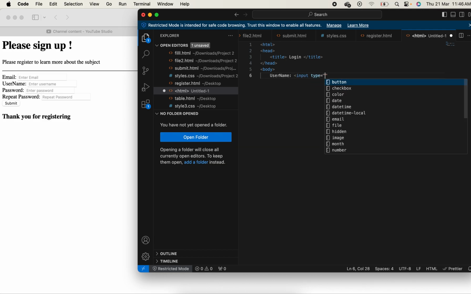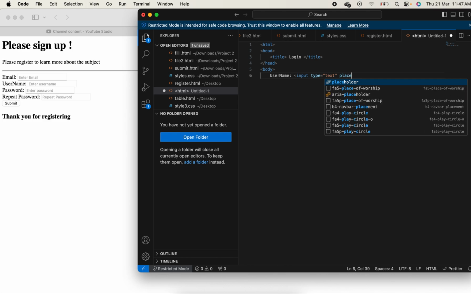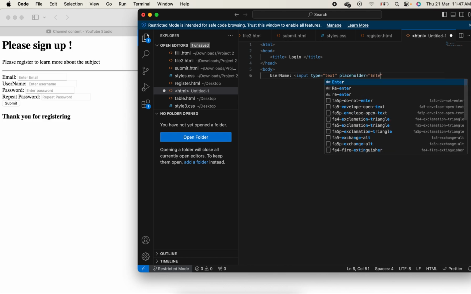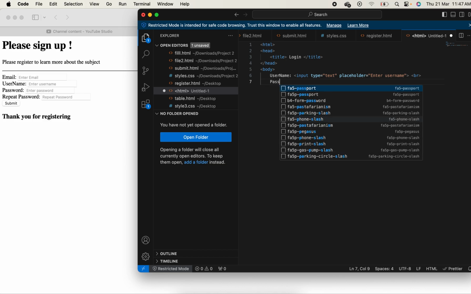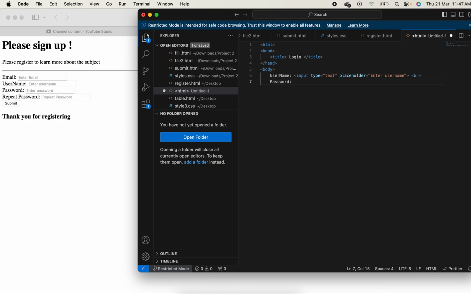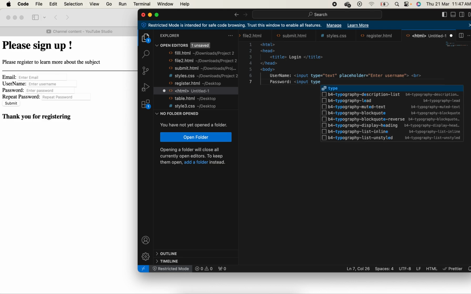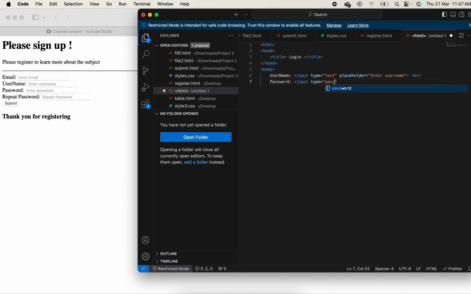For that, input type is equal to text, and then placeholder I'm giving as enter username, and then break because I want my line to be broken, and then it has to be subjected to another line with a password in it, and input type is equal to password. I want my password to be hidden, and then placeholder is equal to enter password, and then break tag again,